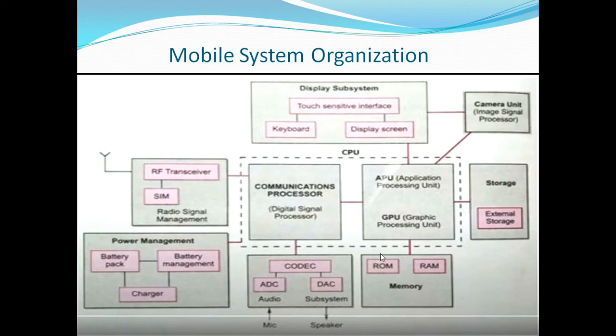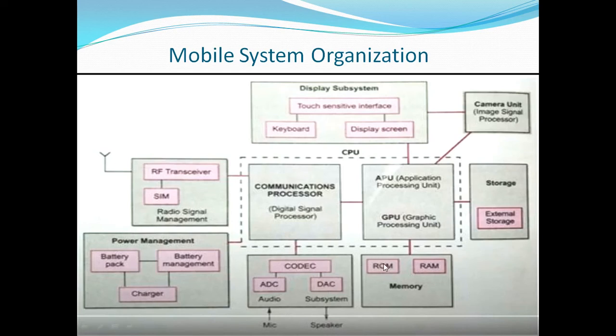So we don't get the full internal memory as advertised on the mobile box. Whatever the internal memory is suggested, we get a lesser amount of that memory because the operating system and the pre-installed apps are already there, and these pre-installed apps you can't delete. The user can't delete them. You can enable or disable them, but you can't delete them. They're already in your ROM.